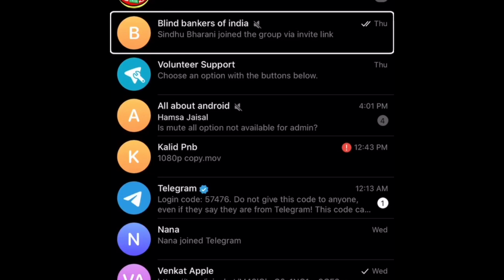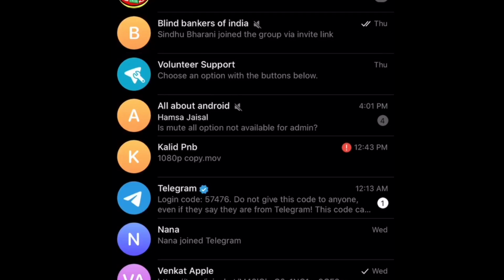Now, how if we want to compose a message to a particular contact? We'll also check that. That will be the second option on the screen. As soon as Telegram opens, the second option you will be getting is the compose button. Let's explore. Edit is the first option. By activating this edit option, you can select particular messages and you can perform the read all option.